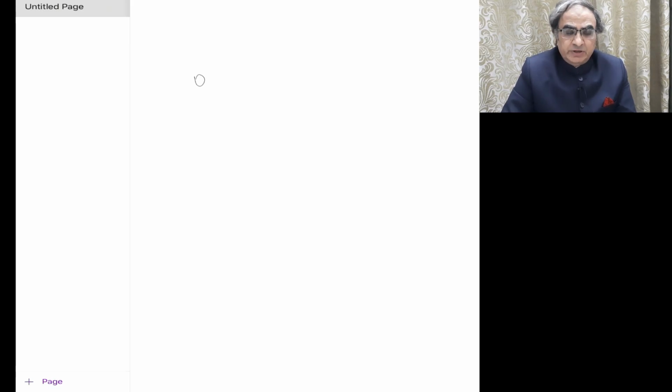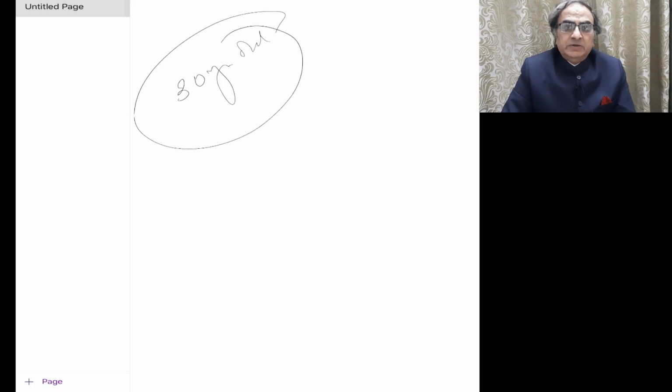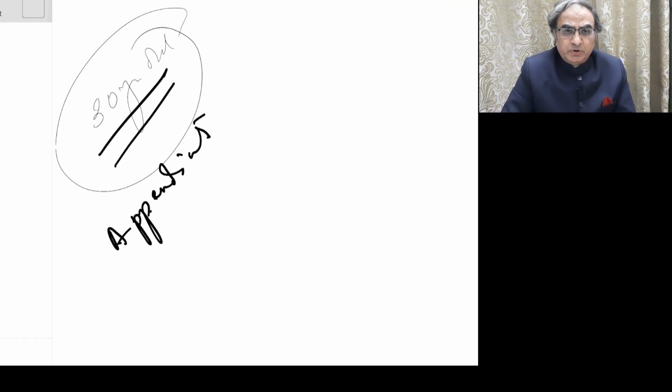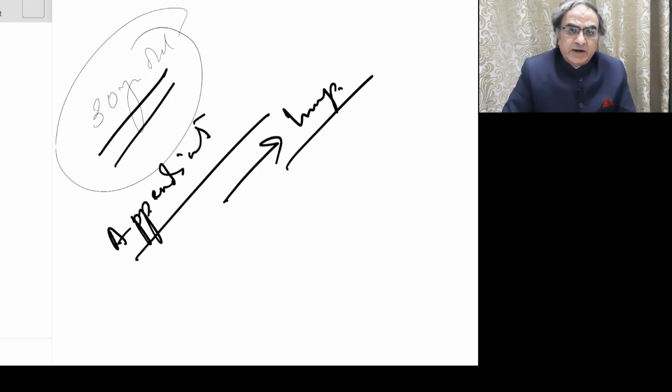There was this lady, a 30-year-old lady who had a history of being treated for acute appendicitis, and subsequently she formed a lump. So we need to understand first of all how does a lump form, and then once the lump is formed, what happens next. If you have a patient presenting as a lump only, an appendicular lump, we put the patient usually